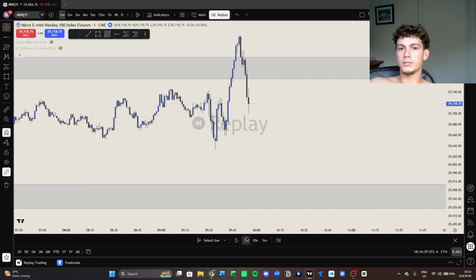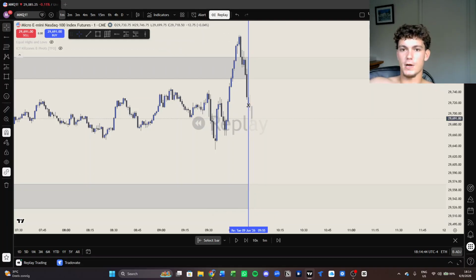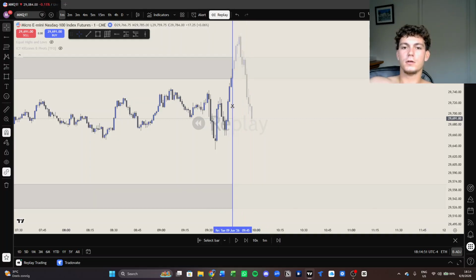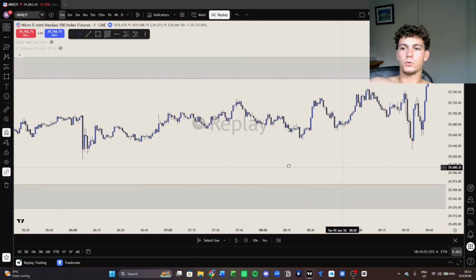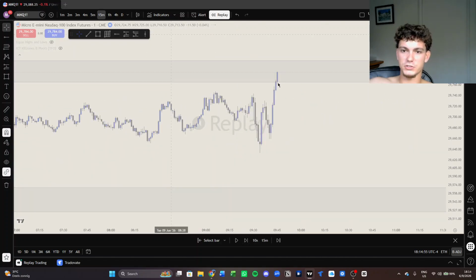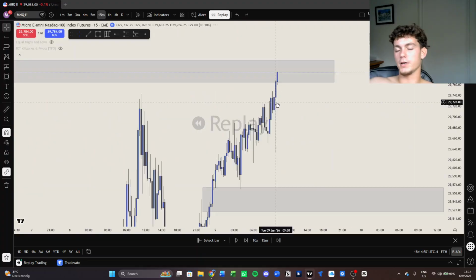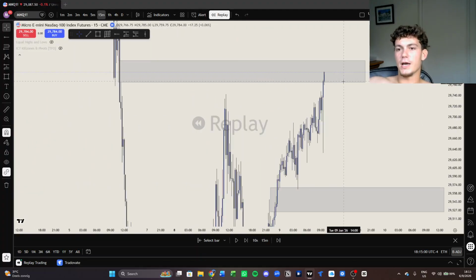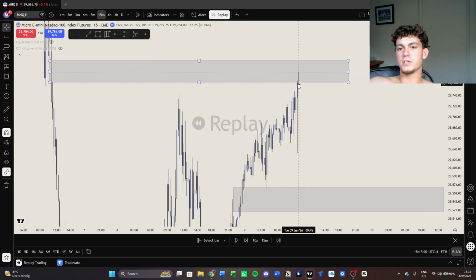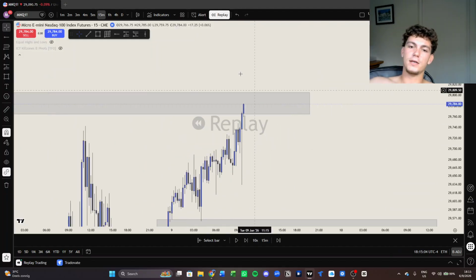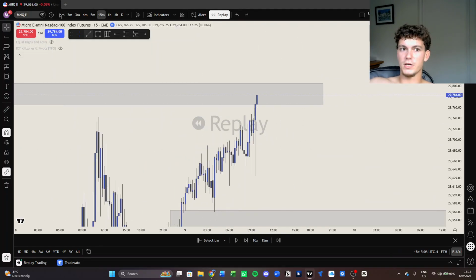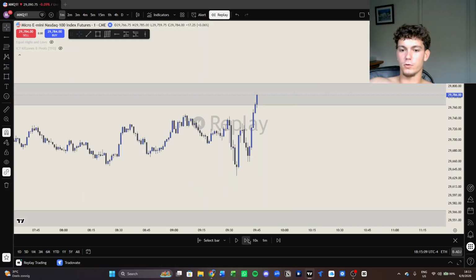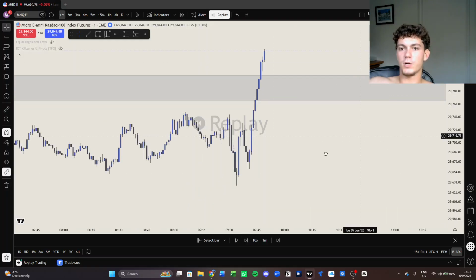So what's happening is price is kind of chopping around here. And right at this point in time, which was 9:45, is when the 15-minute candle closes. You can see that we don't inverse this 15-minute fair value gap. So this is a gap. If we inversed this gap with this candle, my trade idea would be invalidated. But because we hold this gap, and if we go a little further, we can see that price moves up